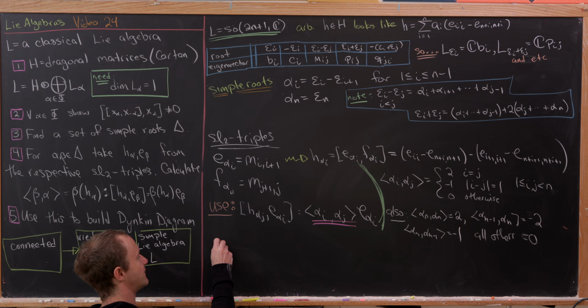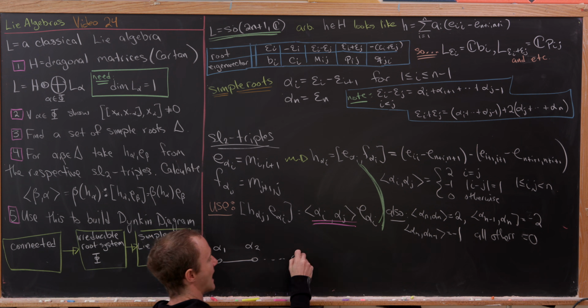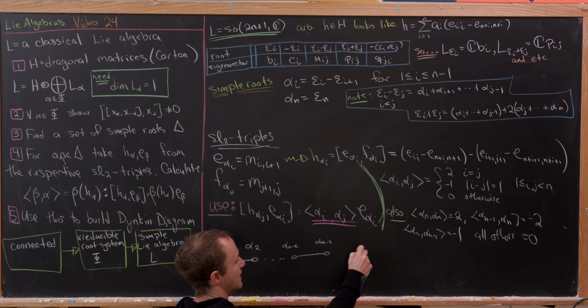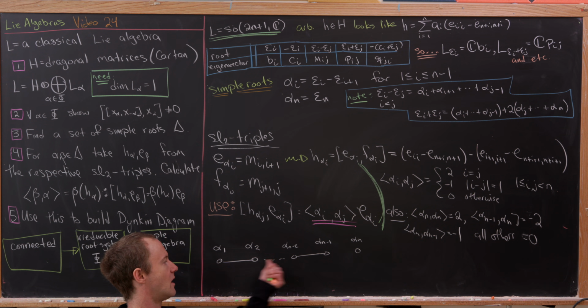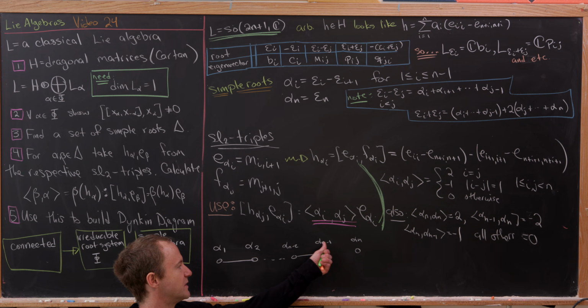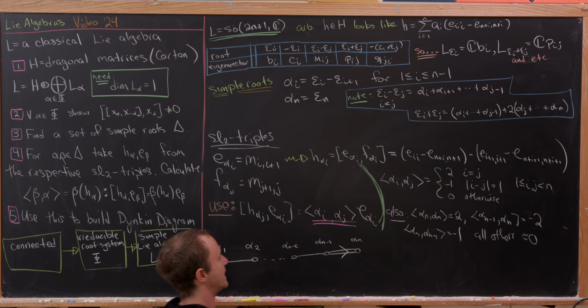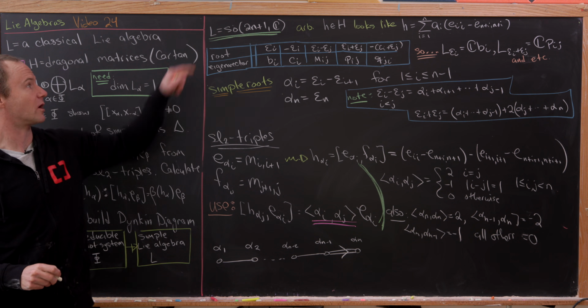From this, we can calculate the Dynkin diagram, which has the following form. Here, this is associated to root alpha 1, root alpha 2, and there's just an edge from alpha 1 to alpha 2. All the way down here, let's say this is alpha n minus 2, then this one right here is alpha n minus 1, and this last one is alpha n. Since we've got minus 1 for all of these, we have a single edge. But since we've got minus 2 for one and minus 1 for the other between alpha n minus 1 and alpha n, that gives us a double edge with the arrow pointing in this direction. So that gives us the Dynkin diagram for this